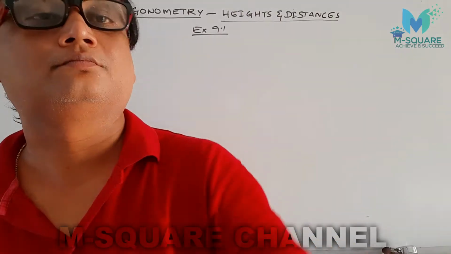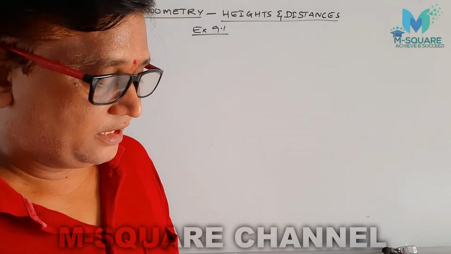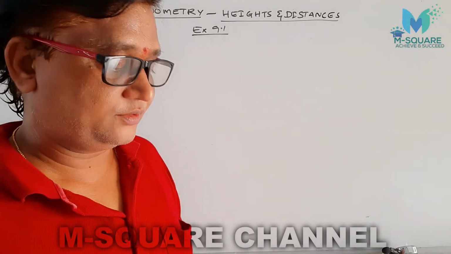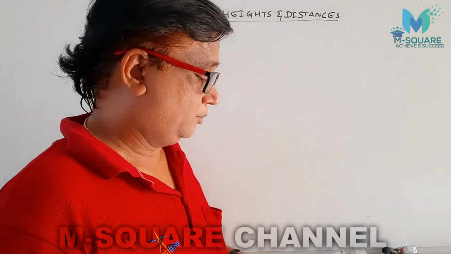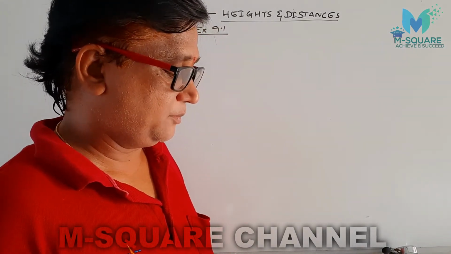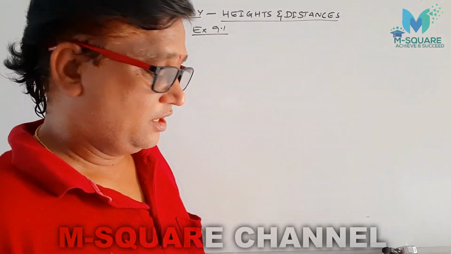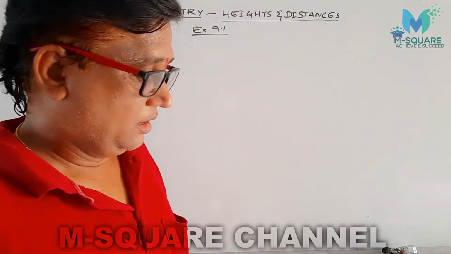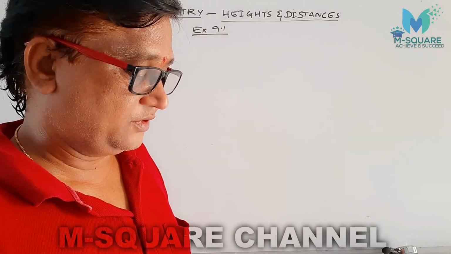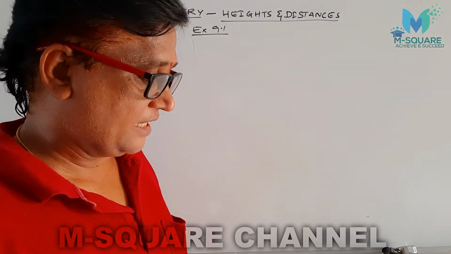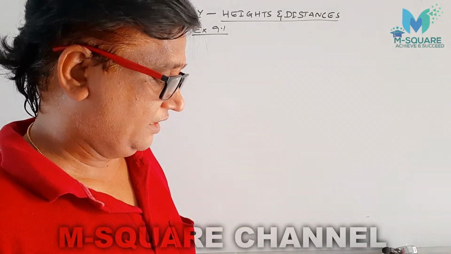Okay. In the third question, a contractor plans to install 2 slides for the children to play in a park. For the children below the age of 5 years, she prefers a slide whose top is at a height of 1.5 meters and inclined at an angle of 30 degrees to the ground. For older children, she wants a steep slide of height 3 meters, inclined at 60 degrees to the ground. What should be the length of the slide in each case?